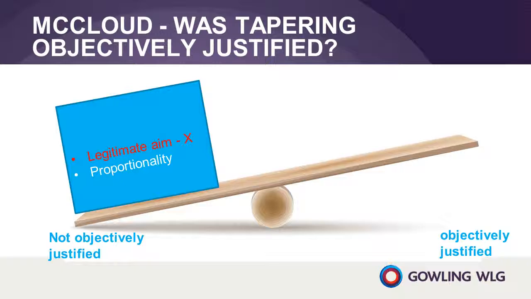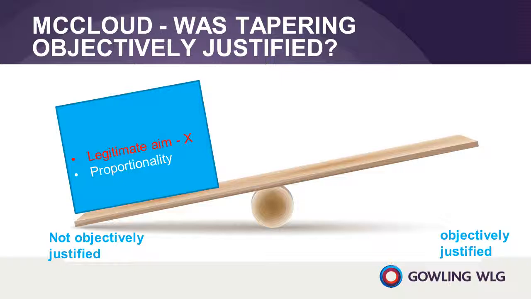So what did the judge say? Well, as we've mentioned, there were two tests to be satisfied in order to objectively justify a claim of age discrimination. Firstly, establishing a legitimate aim, and then showing that the means adopted to achieve that aim are proportionate in the circumstances. In McLeod, the judge was critical of the suggestion that protecting those closest to retirement from the financial effects of pension reform was a legitimate aim, and much of the criticism came down to the judge's concern that